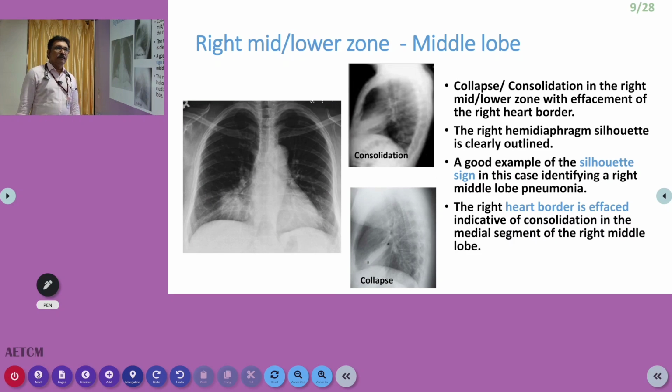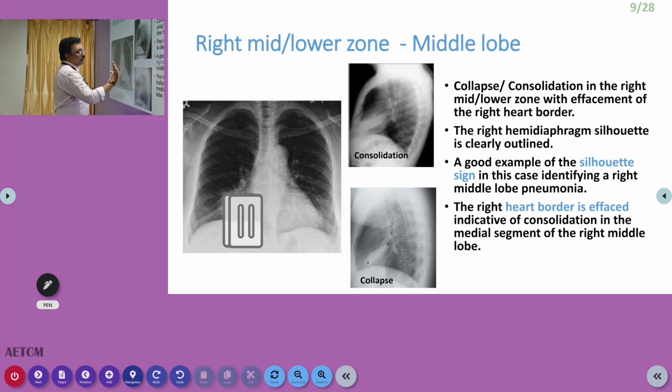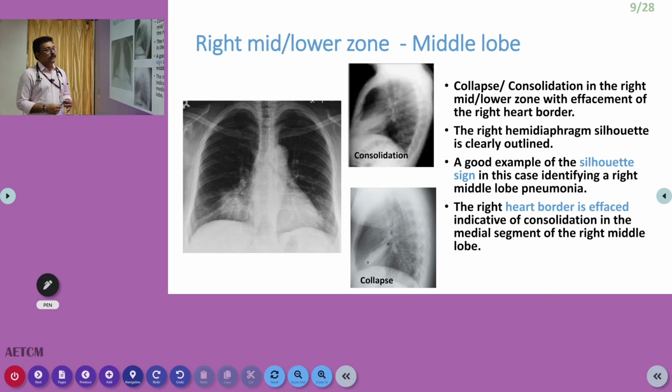Now, right mid and lower zone lesion. Here you are seeing a mid and lower zone lesion. This can be middle lobe pneumonia. To know whether it is in the middle lobe or lower lobe, you always have to take a